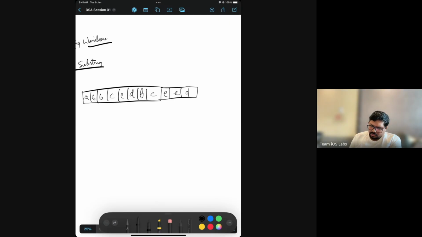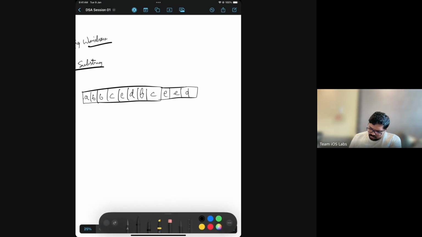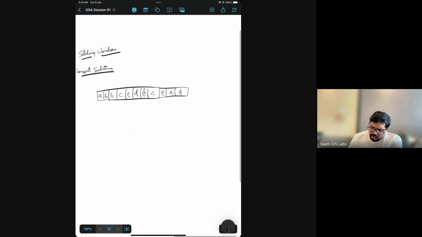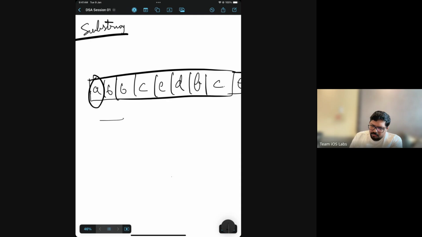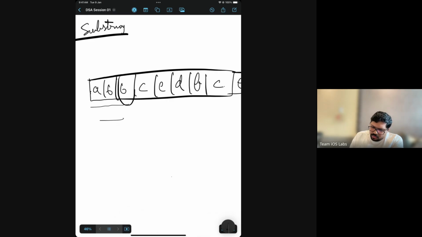Okay, so now what's happening here? You're actually maintaining a window. So first you start with your A element. Okay. A, then B, then once you find any repeating character, here you can see the first repeating character you find, right? In the context of ABB, if we are starting with A, so once you move A, B, then first you find this.